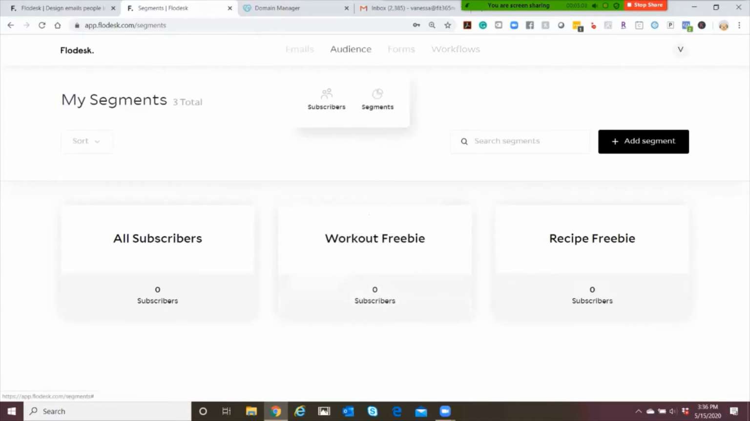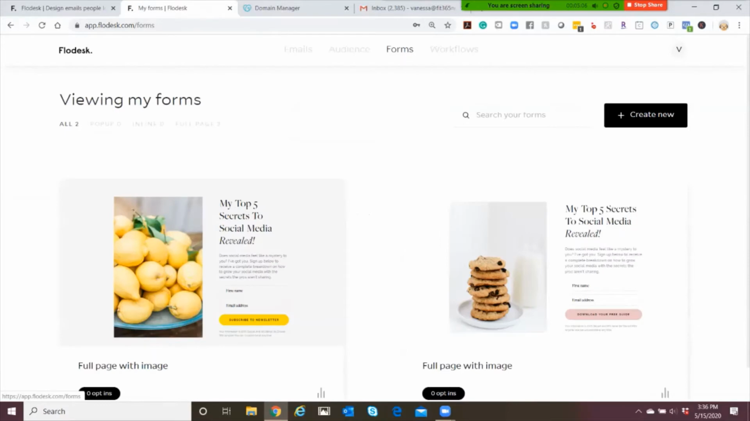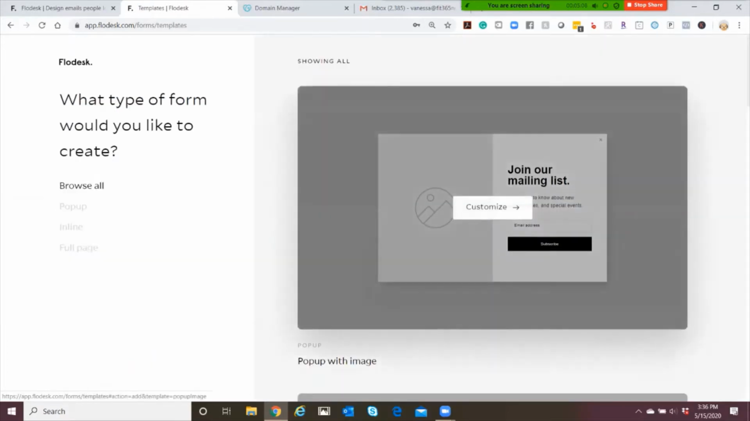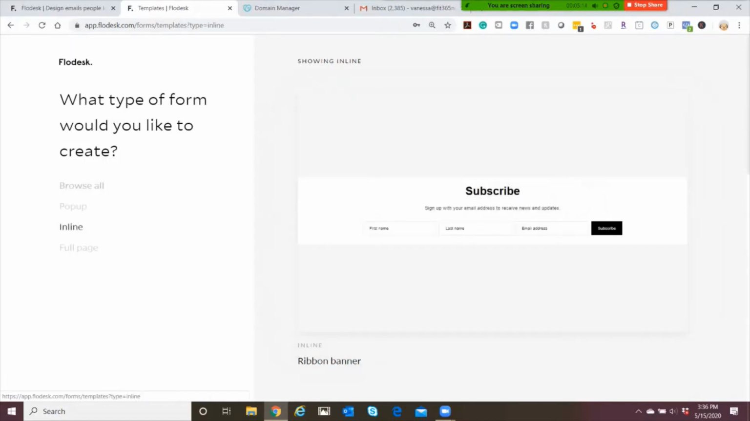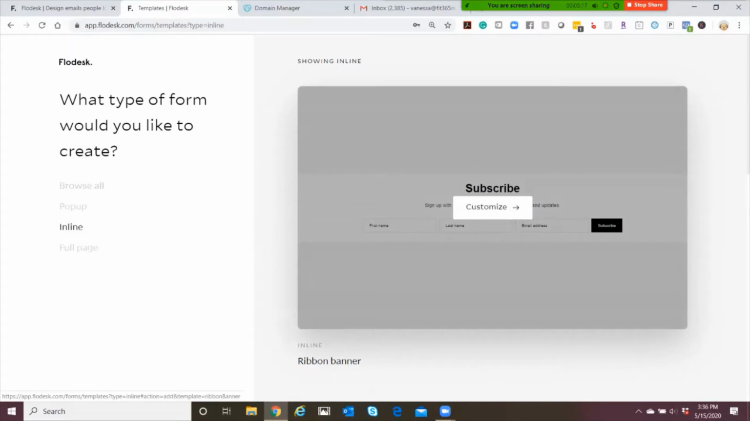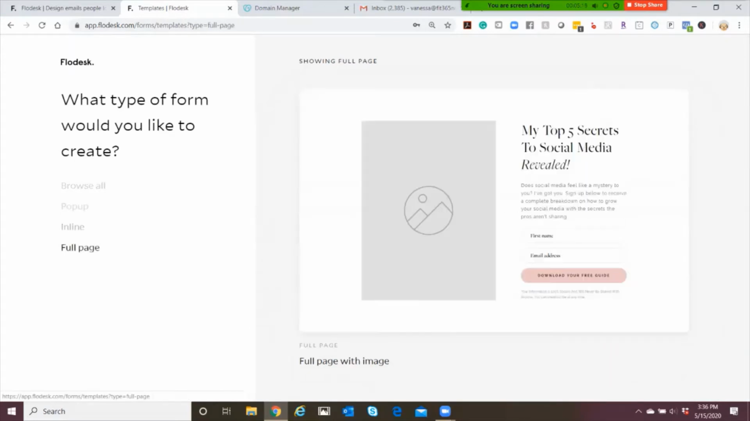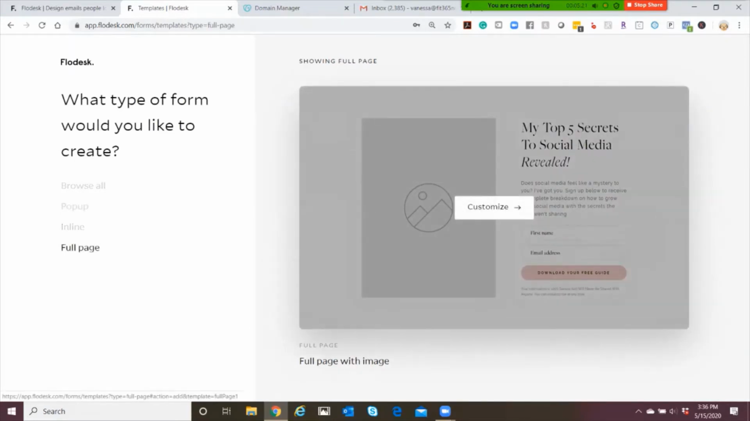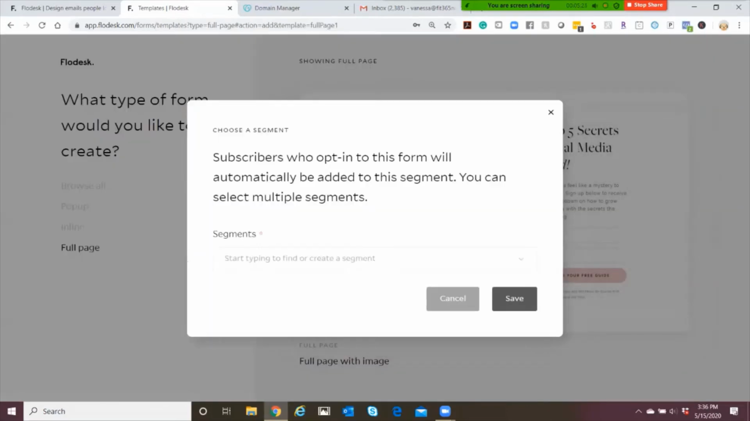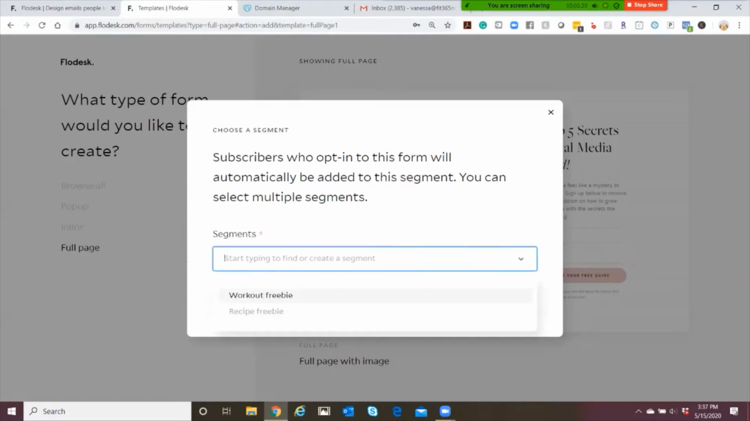So what that means is when I come to forms, I'm going to create a new form. I can either choose a pop-up and embed it into my site, I can do an inline to keep it simple and embed it into my site, or I can do a full page. I'm going to do a full page for this demonstration. And that segment means that anyone that opts in through this form is going to be sent through to one segment. So I'm going to do the workout freebie segment